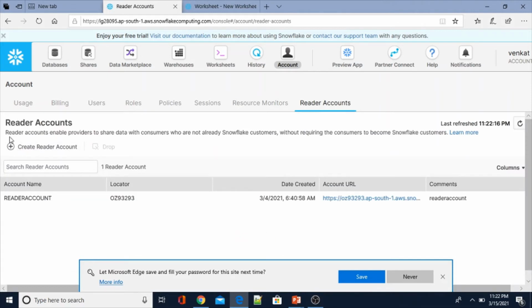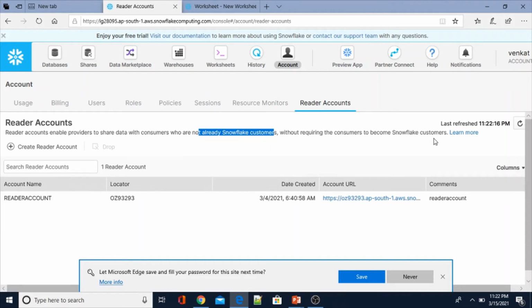Then Reader accounts enable, see what Reader accounts are. Reader accounts enable providers to share data with consumers who are not already Snowflake customers. So without requiring the consumers to become Snowflake customers, on behalf of them we will create a Reader account from our main account, that means the provider account.